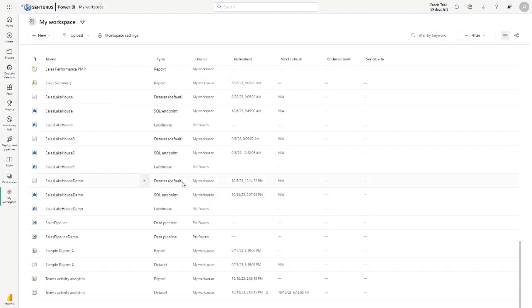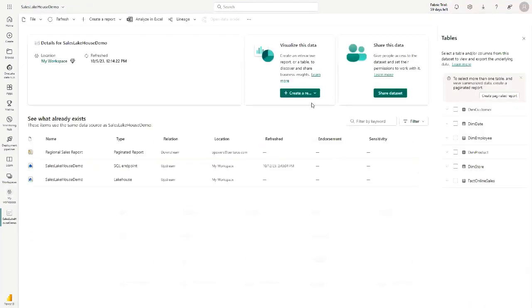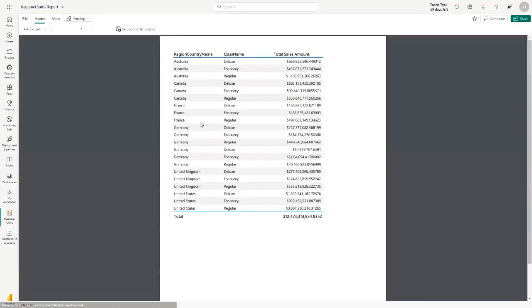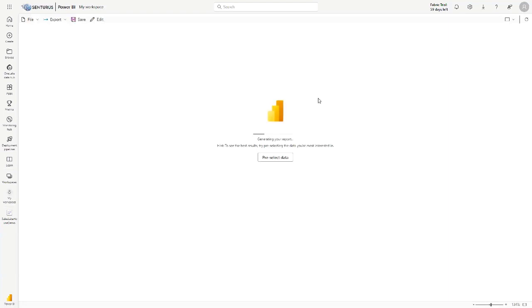And the data set was created, notice data set default. So now I can use this to build reports. I can even use it to build paginated reports. Look at that. One set of data, one lakehouse, one data warehouse, one place. So I've got a sale regional paginated report. I can create a report. I can let it create a report from my data.